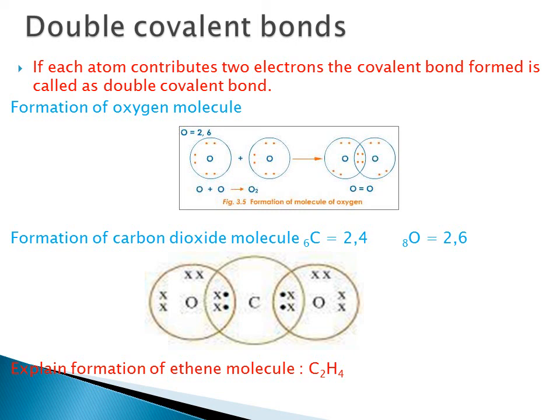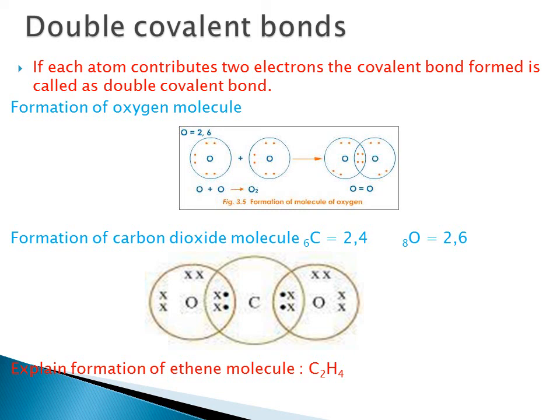Atomic number of oxygen is 8, so its configuration is 2,6. It has 6 electrons in its valence shell. So it will need 2 more electrons to get a stable state configuration, to make the second shell completely filled, right? Okay, so what happens when this oxygen atom reacts with another oxygen atom? Obviously, sharing of 2 electrons takes place. Both the oxygen atoms share 2 electrons each with each other and a covalent bond is formed.